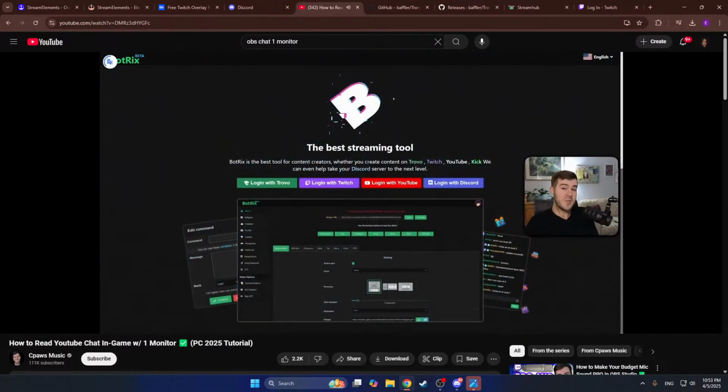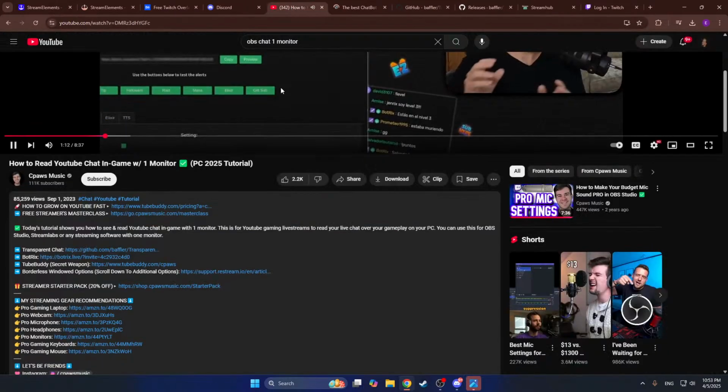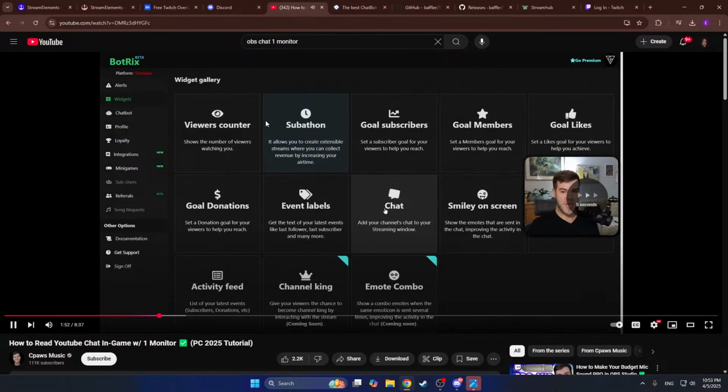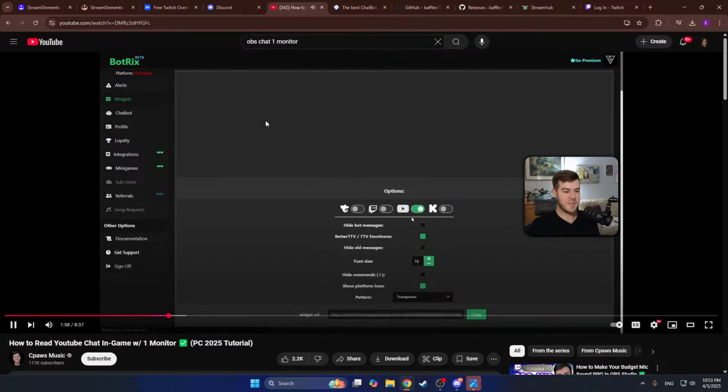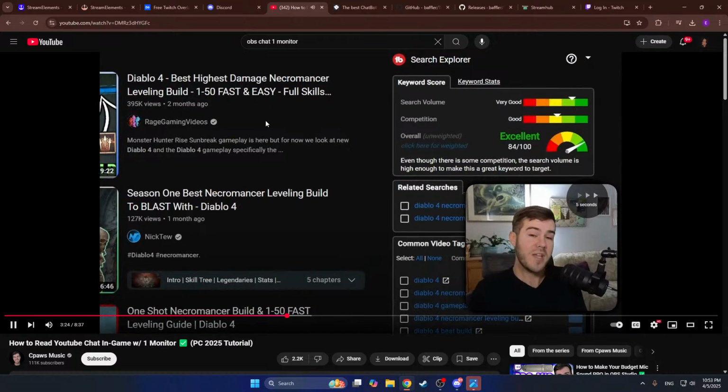This is another free tool I'll leave linked below, but this tool is going to give us our YouTube chat. So it'll be transparent so it doesn't block the profile tab right here. Go to the chat tab, activate YouTube because we just want our YouTube chat. You can enable that on the side and you can see a couple more steps in order to edit which of your video ideas is going